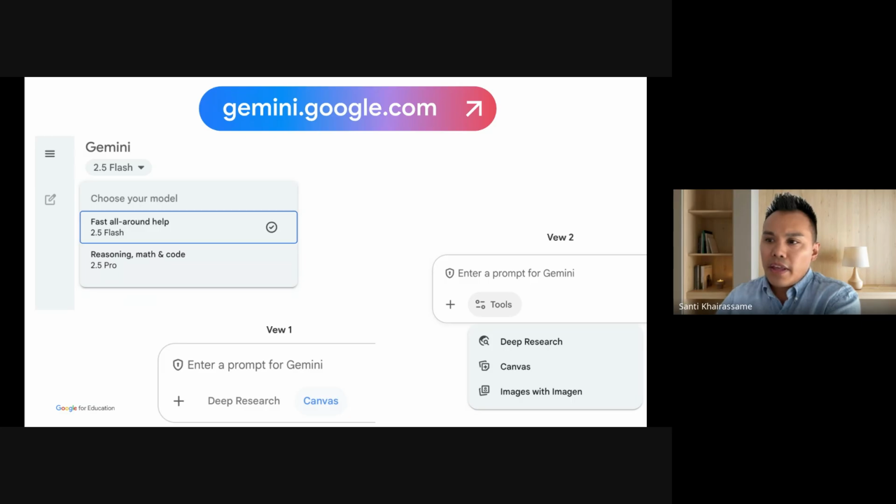If you wanted to get a little more in depth with your responses, if you had a question that required more complex reasoning, or you wanted to do some complex math, code something, or get a more detailed response, you can click that drop down and select 2.5 Pro. It's going to take a few seconds longer to get your responses. Also, there are limits to this. I need to get information on what those hard limits are, but there's a limit to how many times you can interact using Pro, and you do get higher limits with 2.5 Flash.